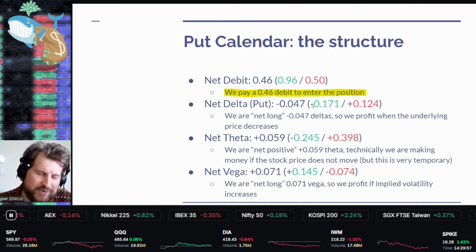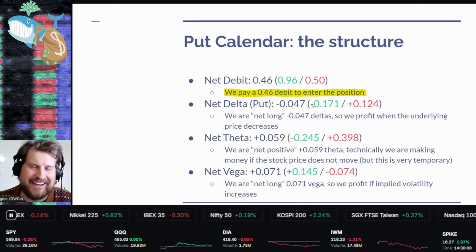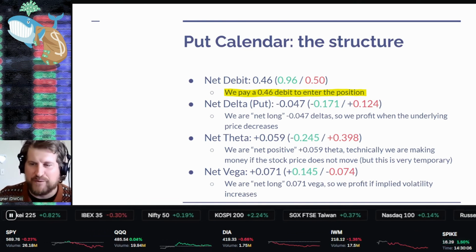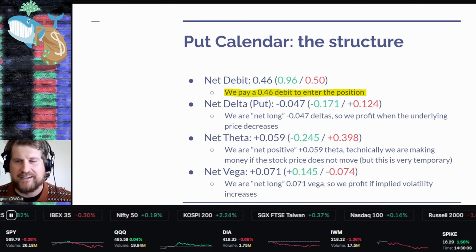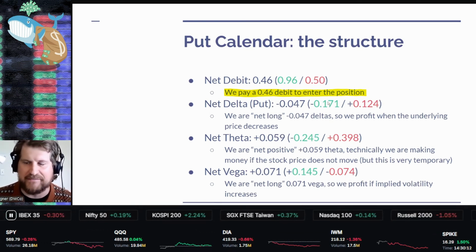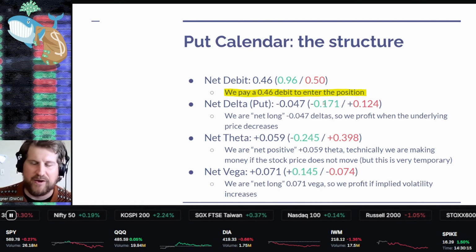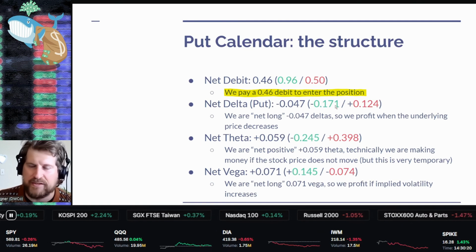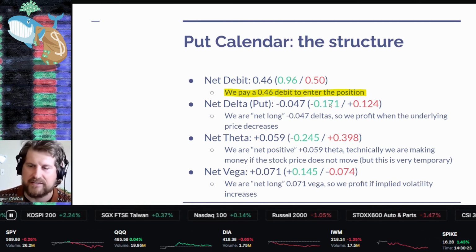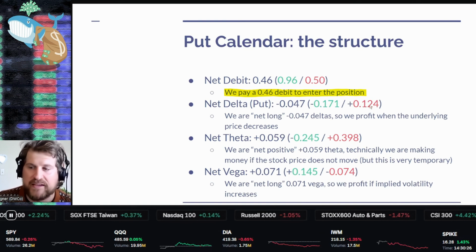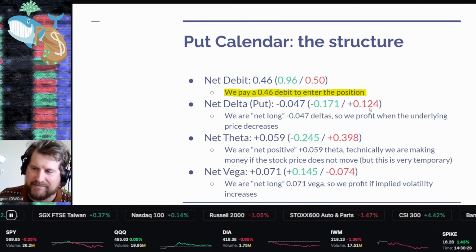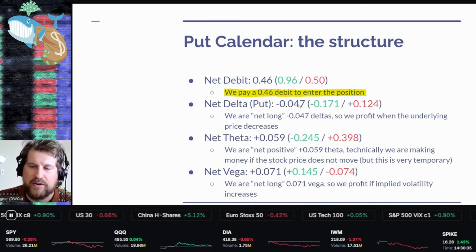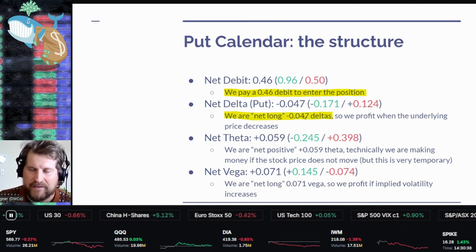And so what that means, don't be confused, because I know we're talking about puts, and as I was putting this slide together, I was thinking I really am going to try super hard to not be confusing. So we're long puts, and so the long put that you buy has negative deltas. When I put this trade together, it had negative 0.171 deltas, so 17 deltas, and the put that we were selling, right? So when you sell a put, you get positive deltas back, had